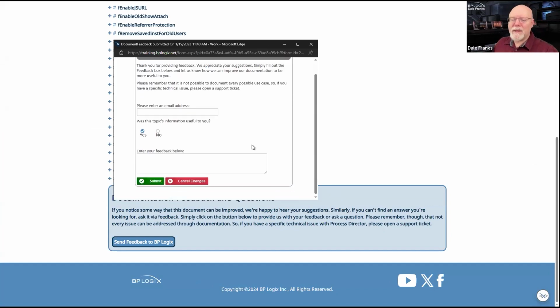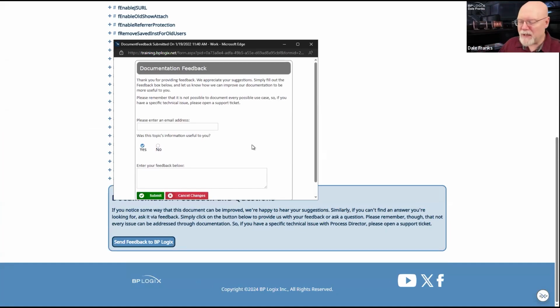So when this form pops up, it's already going to know who I am. But this is the anonymous form. And basically, it asks two questions. And other than, I think, the feedback itself, they're largely optional. But this form does have something on it that I think it's important to talk about, and it's an email address. So I have the ability to put an email address on this form and then enter my feedback.